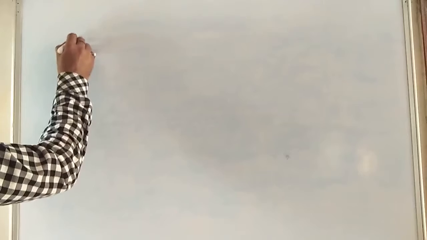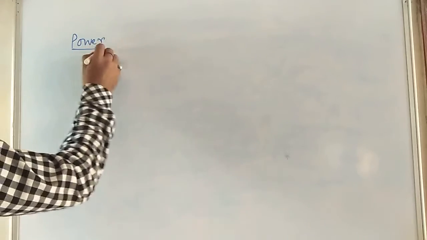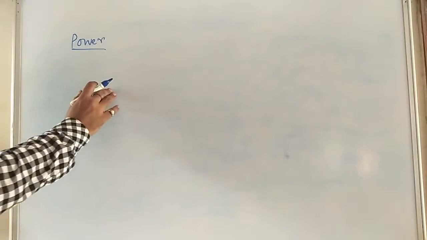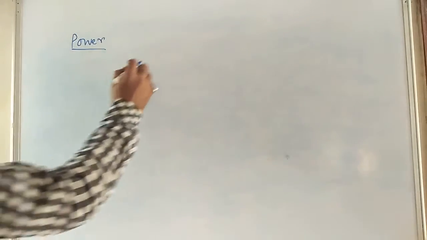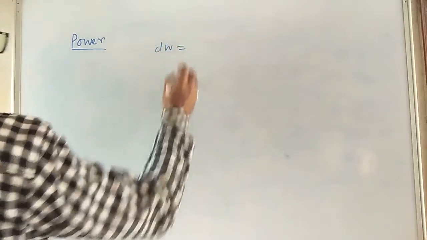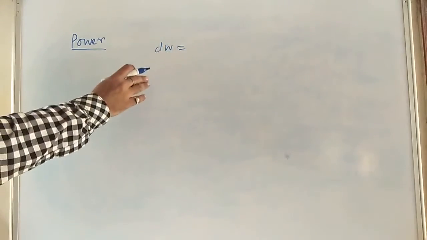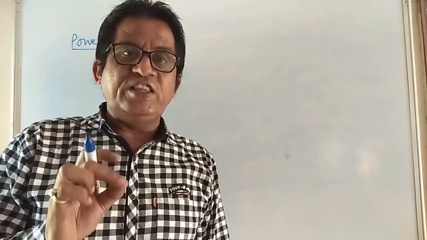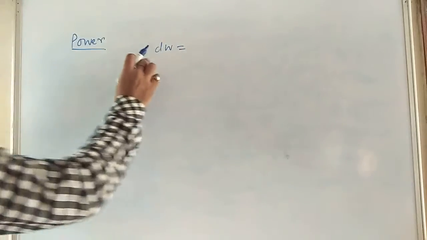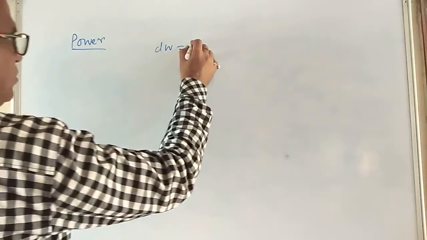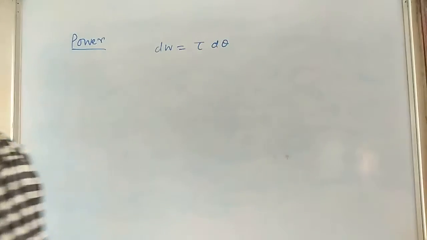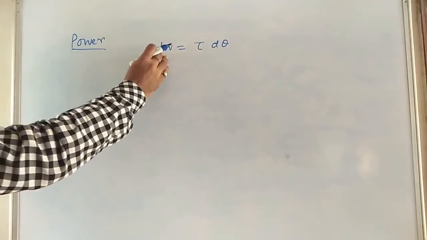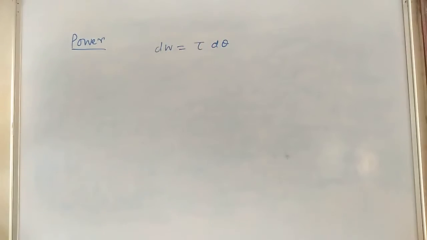First, I want to discuss, that is, what is the power associated with the torque. Earlier, my dear children, we have obtained the work done dW, that is in rotating a particle through a small angle d theta. For that we had calculated there the dW is equal to torque d theta. In the linear motion, that is the work is equal to force into displacement.